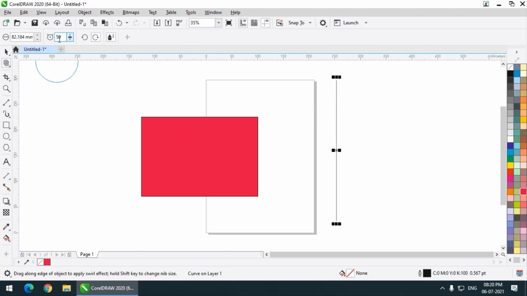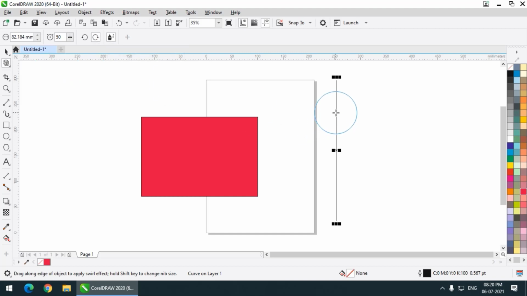Now we have the speed, which is called rate. We have the size, nib size. Then we have a couple of options. If you want to twirl it clockwise, this is counterclockwise, that means anti-clockwise, and clockwise. So presently the clockwise mode is on.